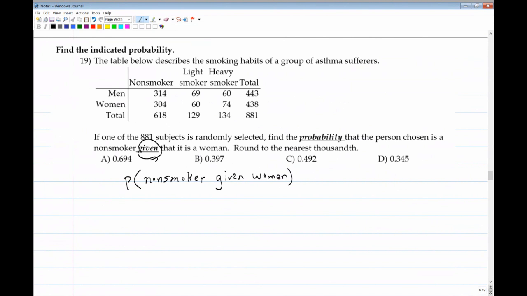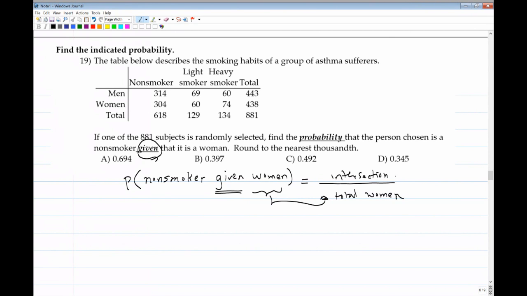Here's the given, and the way we should write this is, the thing after the word given will usually be in the denominator. So over here we're going to put woman, and in the numerator will be the intersection between